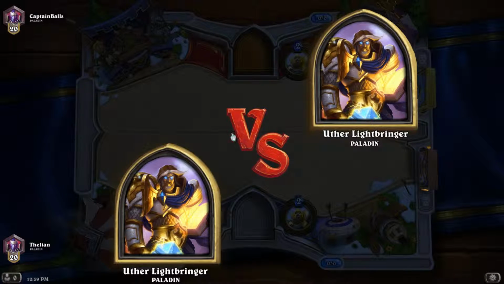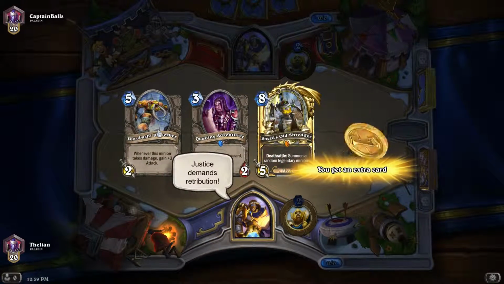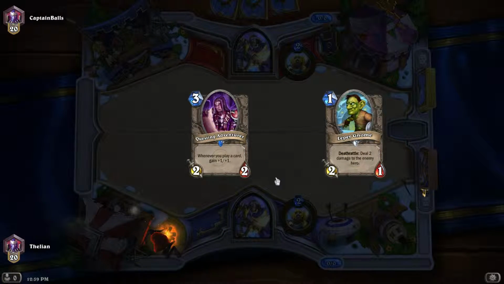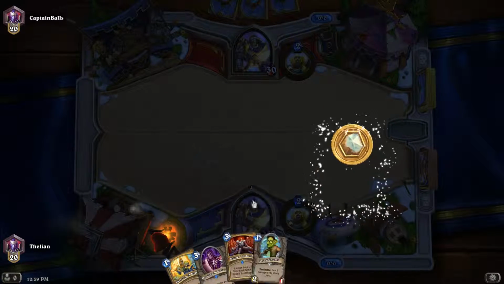Another Paladin, and we get a Questing Adventurer going second. We get a Leper Gnome to start out with, which is good. I'm going to get rid of these 2, keep the Adventurer for now, and we get a Blessing of Might and a Muster for Battle. Alright,